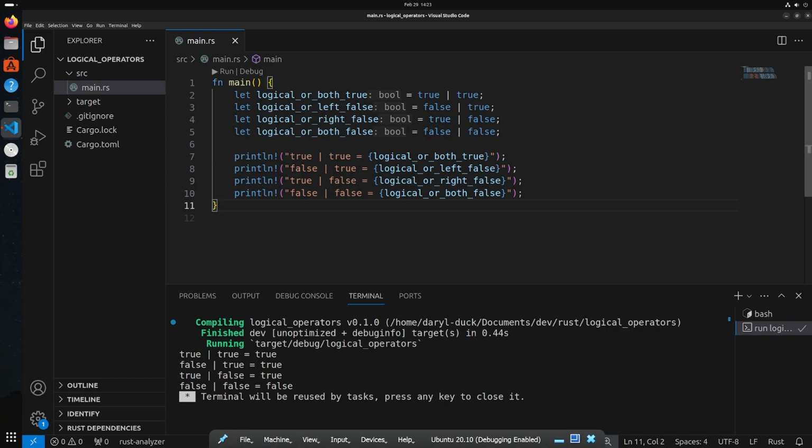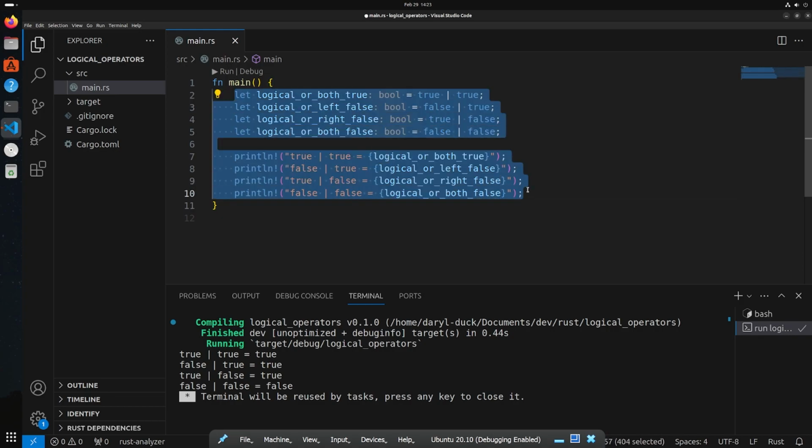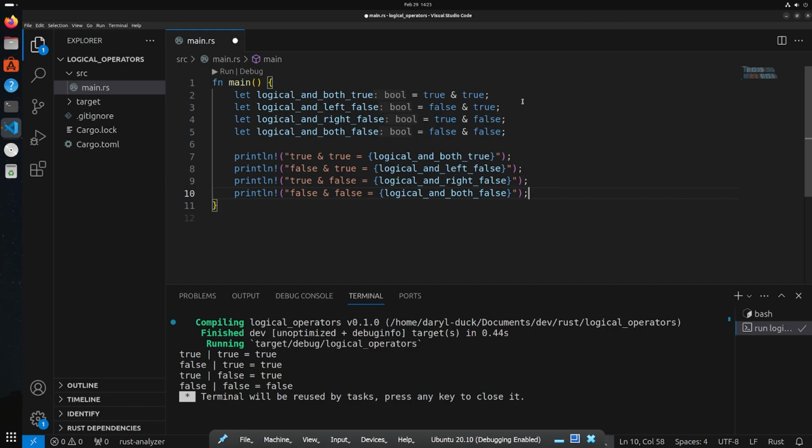All right. So the next one is what we call the logical AND. And in this situation, it's similar to the OR, except that now we have to have both sides equal true. So think of something like,